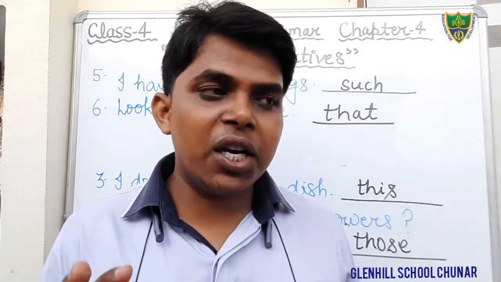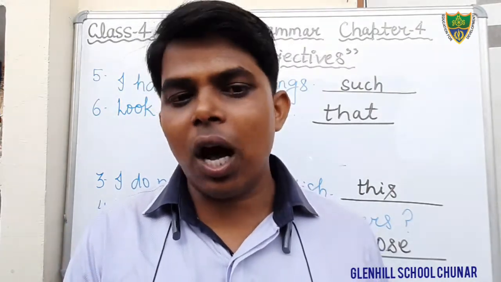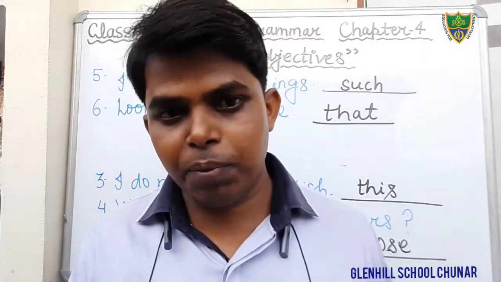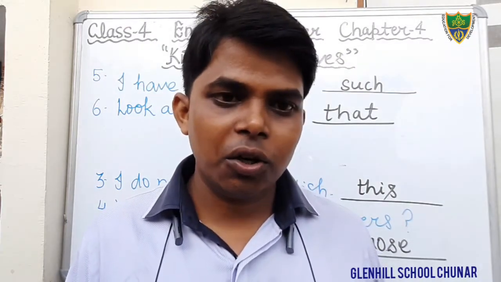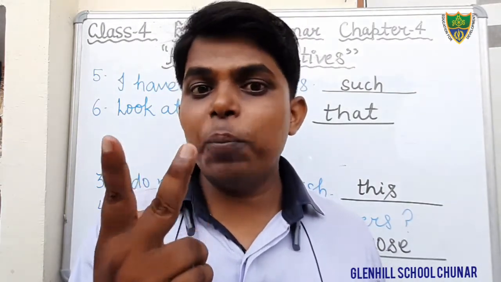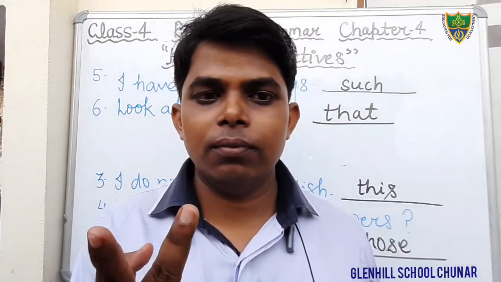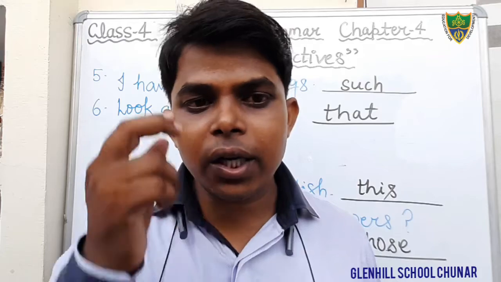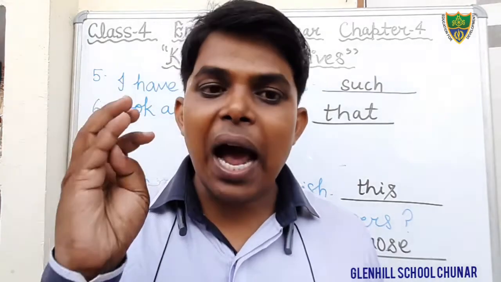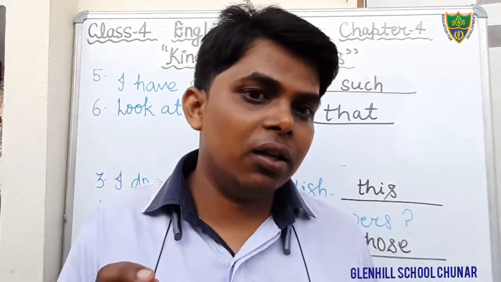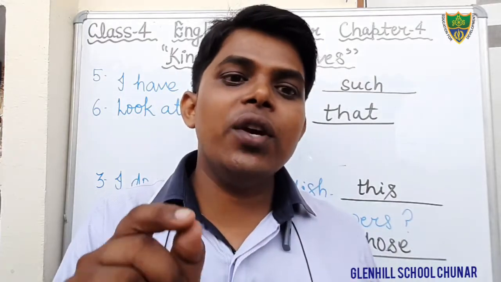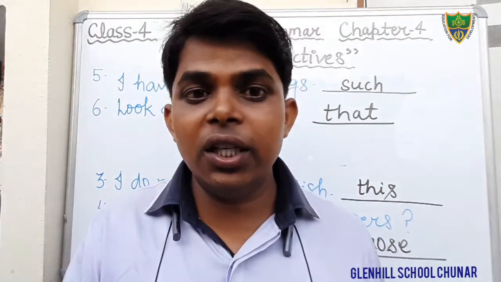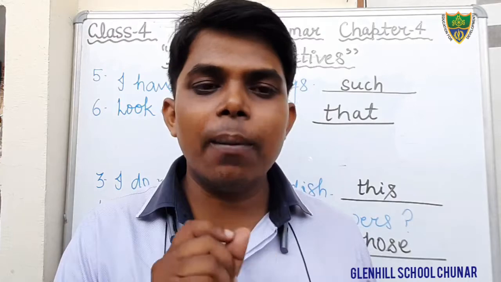And in the comparative degree we compare one thing or one people with another people or another thing. Okay, there are 2 peoples or 2 things involved. And in this, how do we make comparative degree? By adding the word er to the positive degree, and we also use the word than to make the comparative degree.